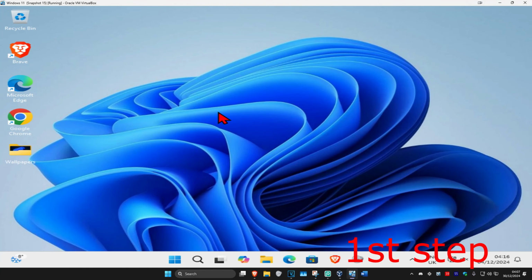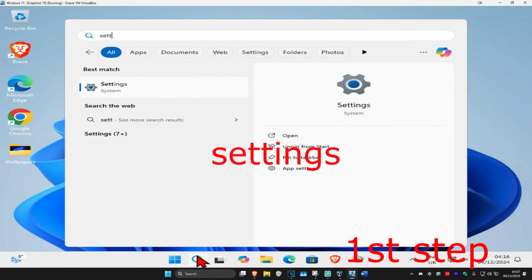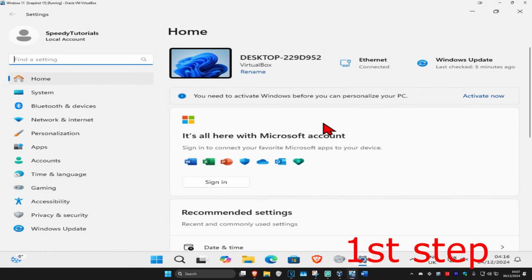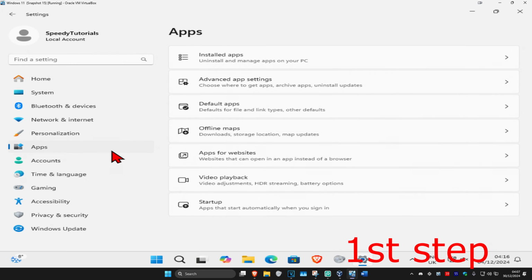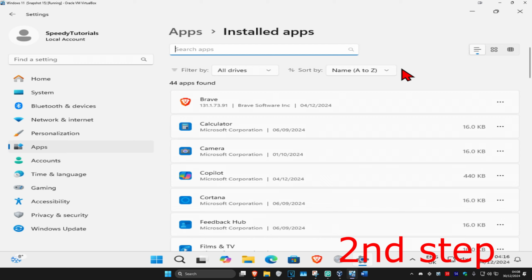So guys, for the first step, you're going to head over to search and type in settings. Click on it. And then once you're on this, on the left hand side, you're going to click on apps. Now you're going to click on installed apps. And then once you're on this, you're going to find the application that you want to enable or disable from